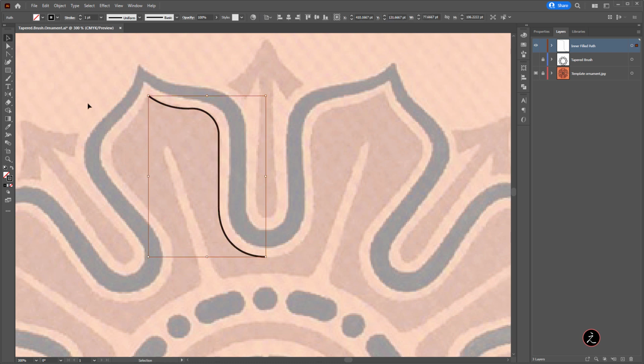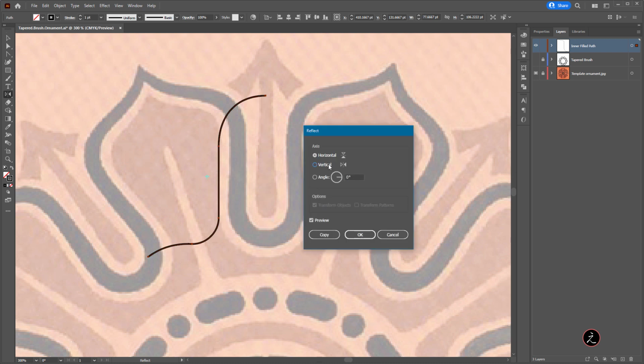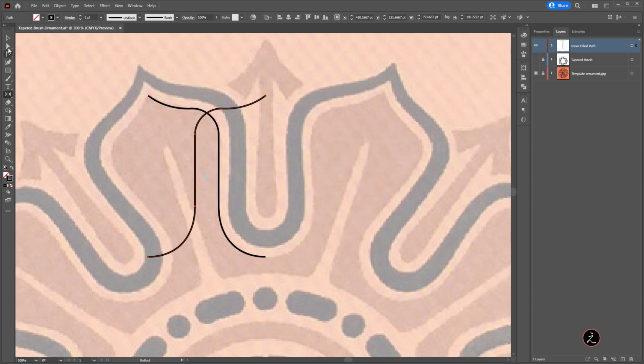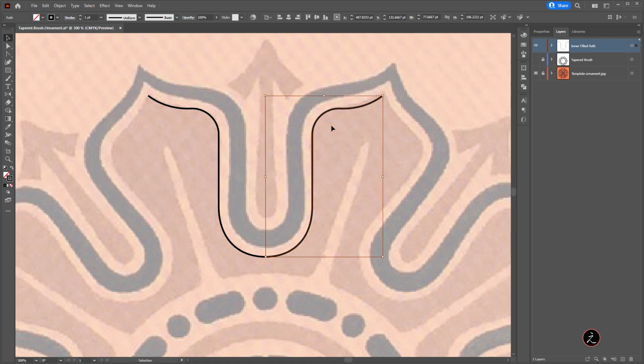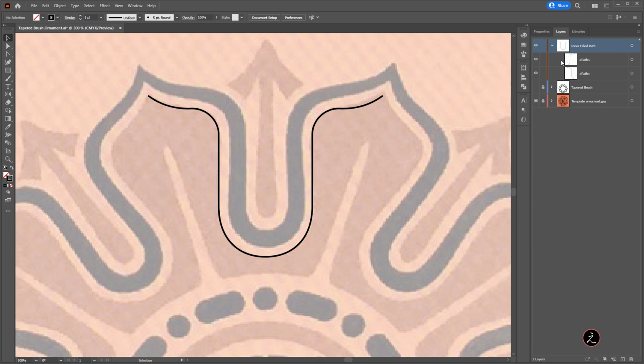Select that. Now we're going to mirror this to the other side, which means if we double click on the reflect tool, we're going to reflect this vertically, but of course we need to have a copy. Switch to the selection tool, click and drag this, hold down the shift key as you do, and this is going to snap right here. Great. Now, these basically are 2 different paths, and we can see this inside the layers panel.